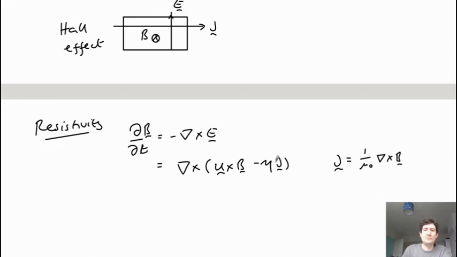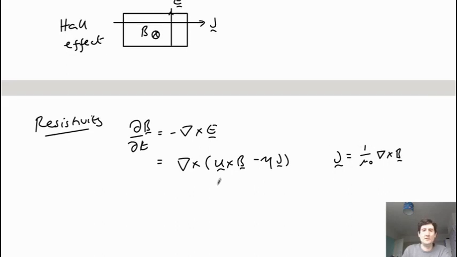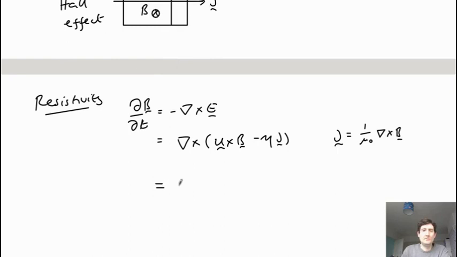So we have J is curl of B over mu naught, and if U is roughly 0, and if eta, the resistivity, is roughly constant, then this gives